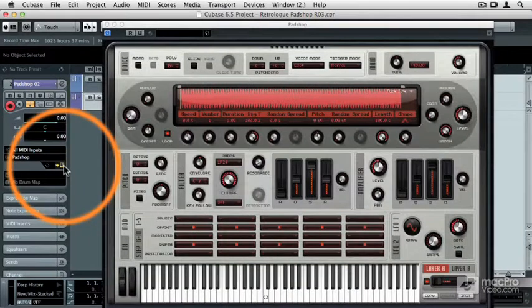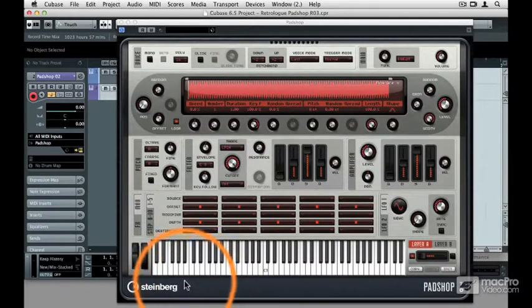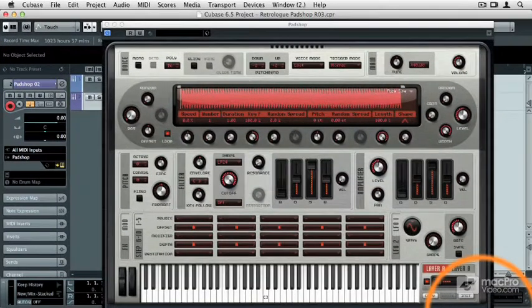And just like with Retrolog, we're not going to be able to see all of the settings on the screen. I'm going to zoom out here a little bit just so you can see that the bottom part of the control panel will go off of our video screen just because of the constraints of the size of the video. But Padshop has the same option settings button and the manual button, which is the question mark, which you can use to open the owner's manual for Padshop, because it, just like Retrolog's owner's manual, is separate from the Cubase 6.5 manual. So now I'm going to zoom back in so that we can take a look at the Padshop